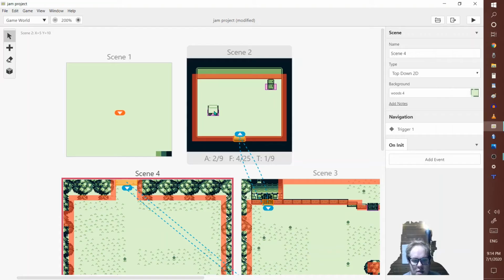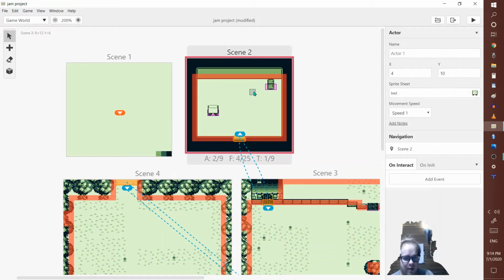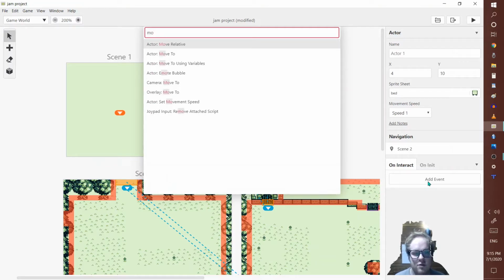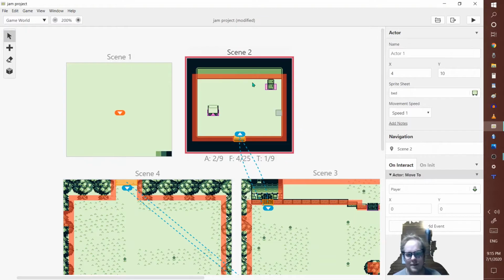Here's what's going on. Okay, now we've selected the bed sprite or actor, and I'm going to put a simple design script to make it actually function as a bed, do the saving and all that, the whole sleep sequence. Okay, so we're going to want our actor to move to